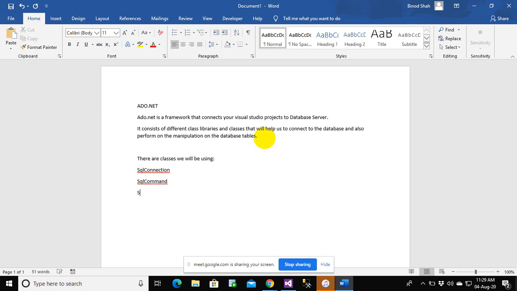We'll be using execute query, execute non-query, execute reader, and we'll also be using data table. We'll be working with a data set. Yeah. So SQL connection, SQL command, execute non-query, execute reader, data table. These are some classes that you will be working with while working with ADO.NET.